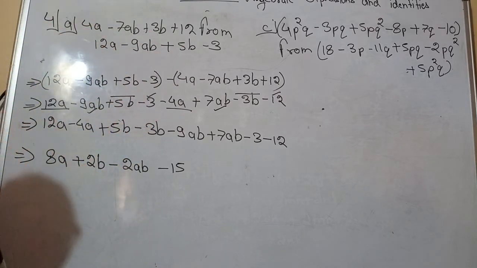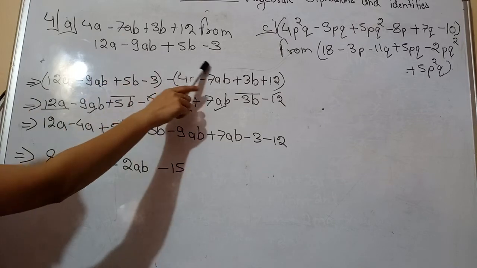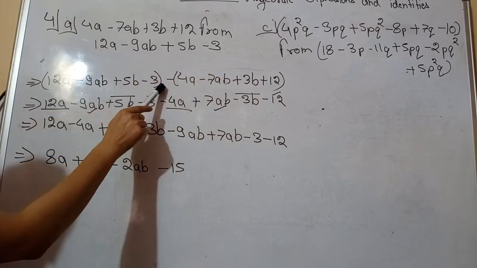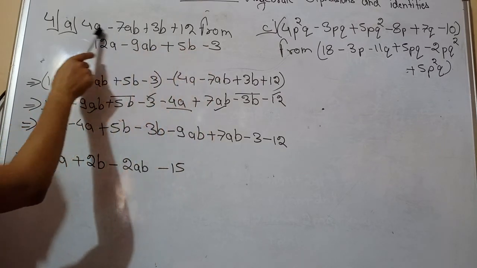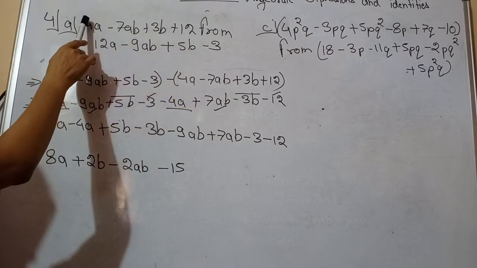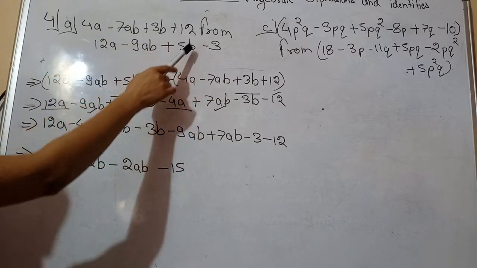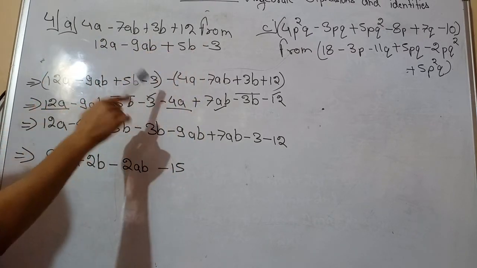Okay, what is the concept? The term which is written after "from", you have to write first, and the term which is written before "from", you have to write after. From के पहले जो टर्म लिखा है उसको आपको बाद में लिखना है, और from के बाद में जो टर्म लिखा है उसको आपको पहले लिखना है.